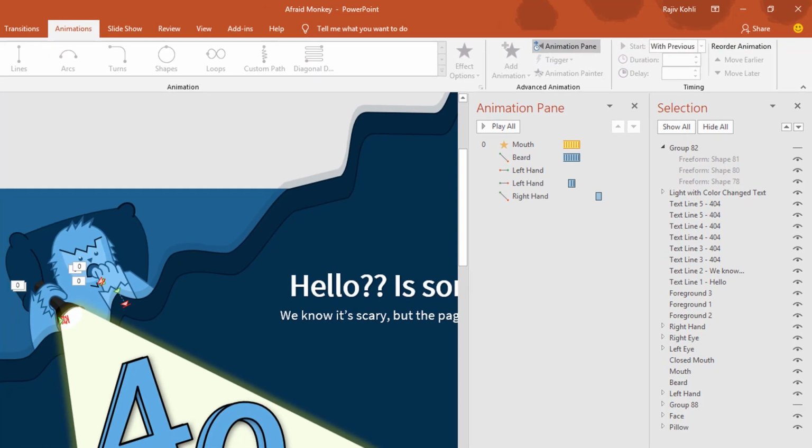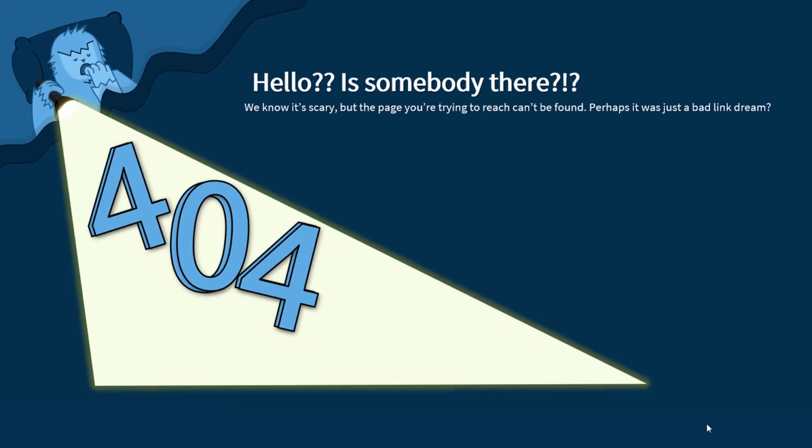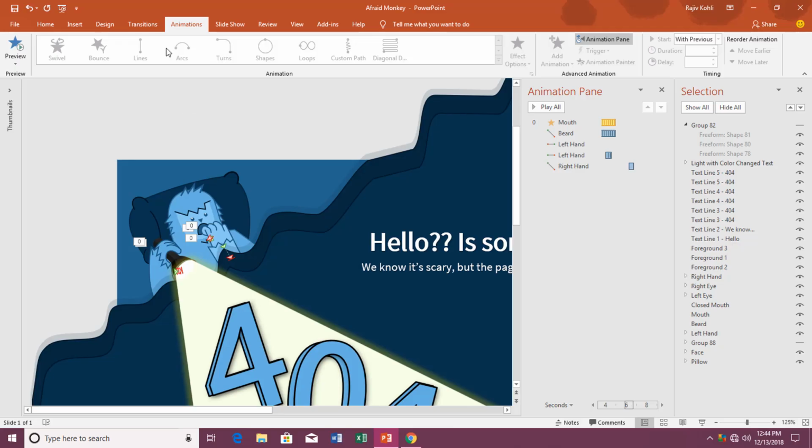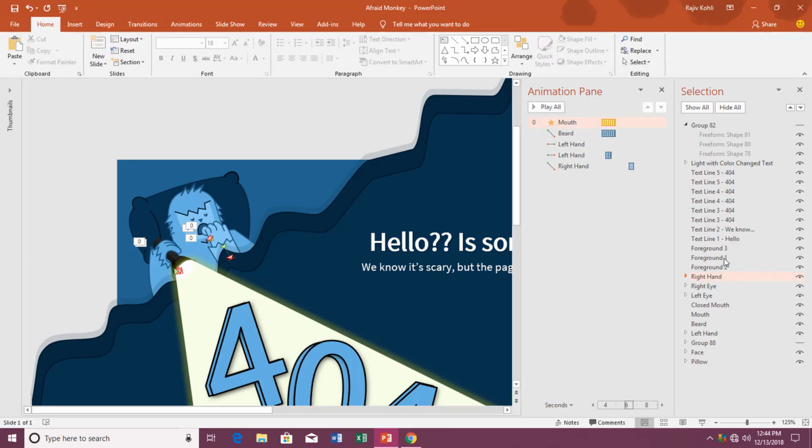Okay, let's see the slideshow. And you must also notice that the hand is moving below the foregrounds, and that is what you have to look for, which object has been placed in what position. That is why the right hand is moving beneath the foregrounds.